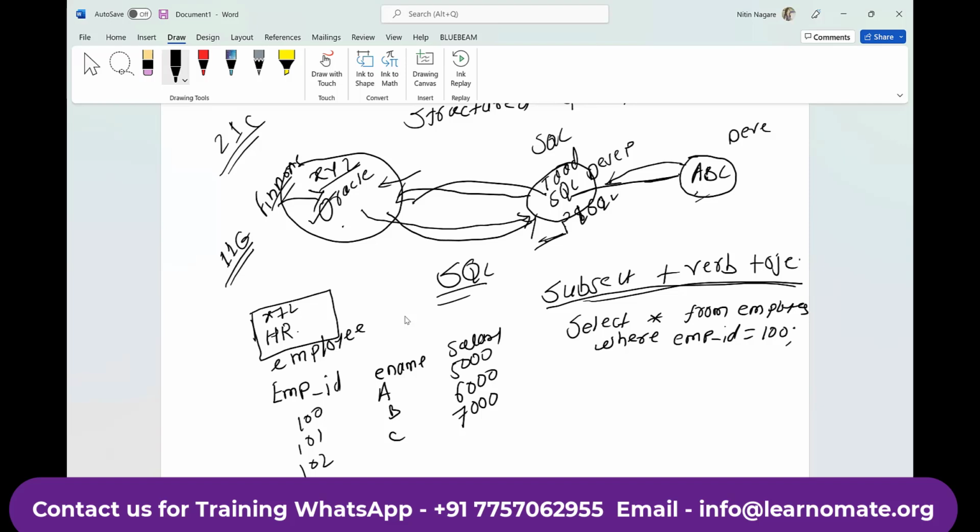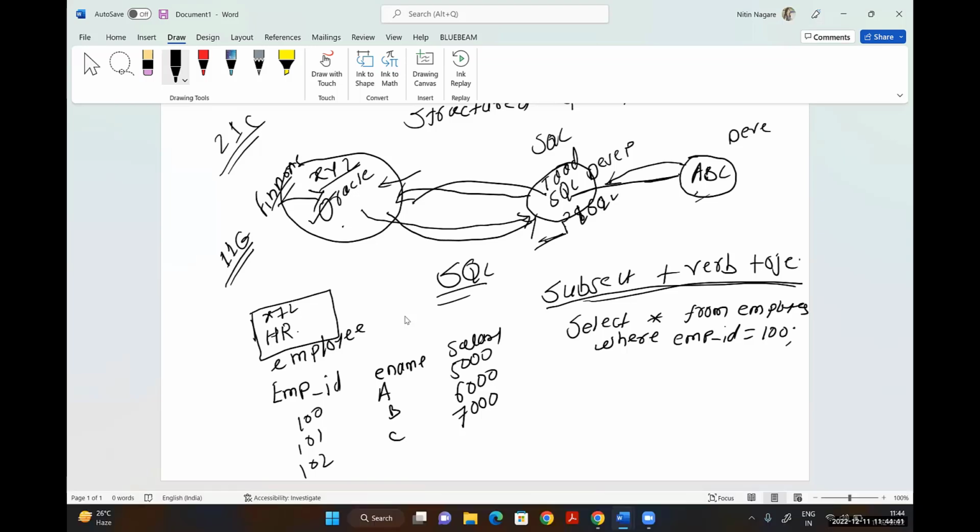I have written this query in the English language. I'm speaking with you in English, and I have written the query in SQL in English only. If you wonder, oh, it's in English, it's very simple, plain English. Select star from employees where employee ID equals 100. This is English only, a very plain English, but in a formal syntax. So that's why we call it a structured query language.